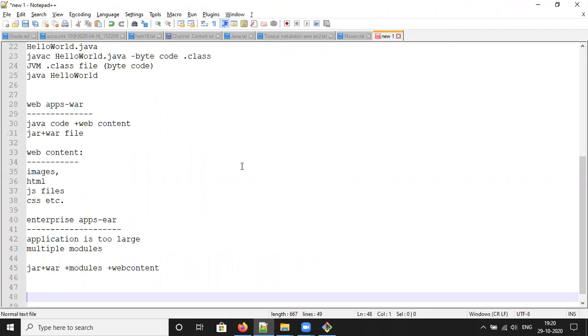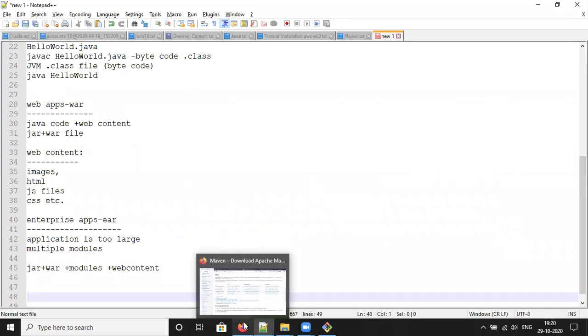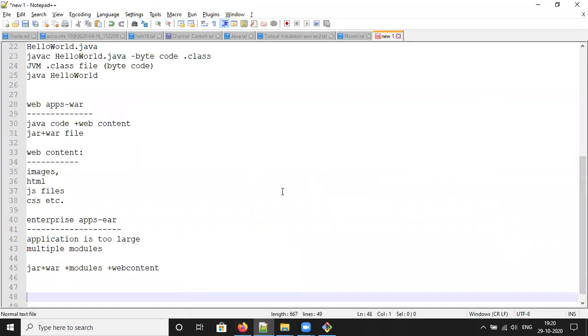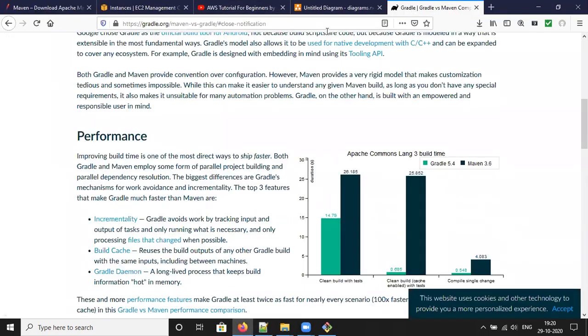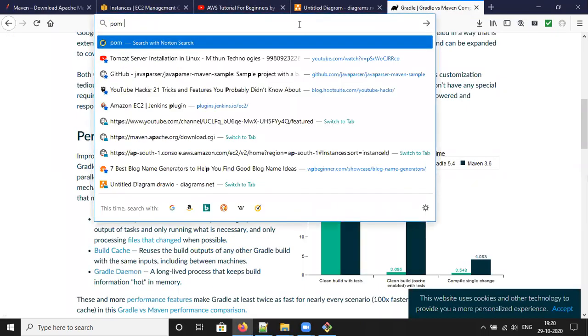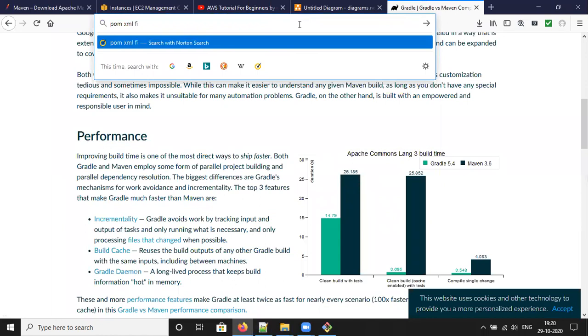In the next session, what we do here is check the content available in the pom.xml file. In the default pom.xml file, check the pom file. Let me open any pom.xml file.